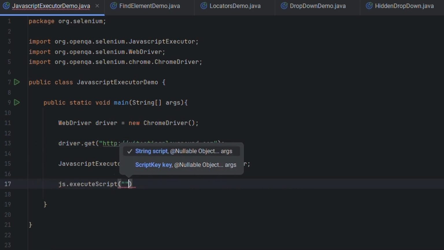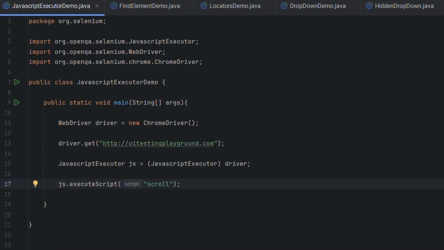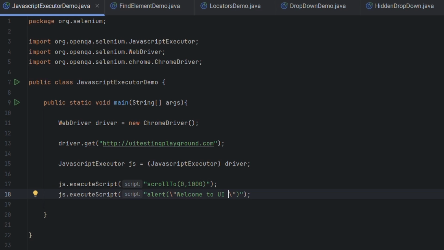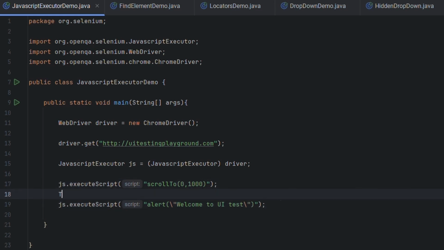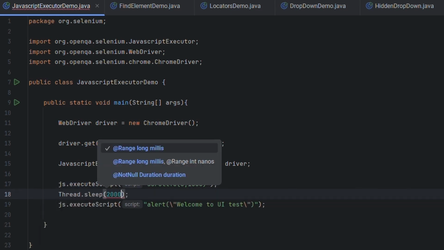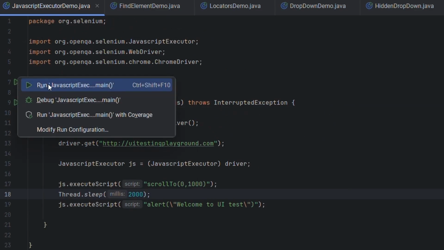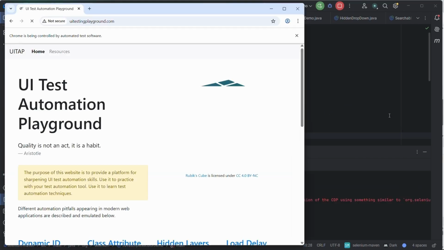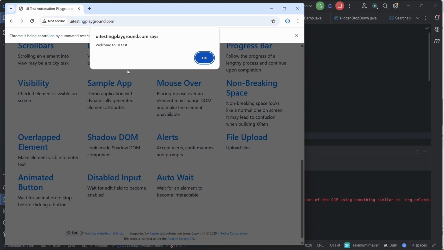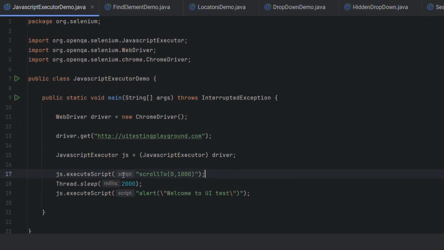and we'll enter our script here. Let's first scroll to 0 to 1000 pixels, and once we scroll, we will give that alert, welcome to UI test. Let me add a Thread.sleep here so that you can see the execution happening. Alright, let's execute this program and see how it works. So as you can see, it scrolled down and it has displayed the alert. So basically, in the execute script method, you would have to provide the JavaScript that you have to execute within the